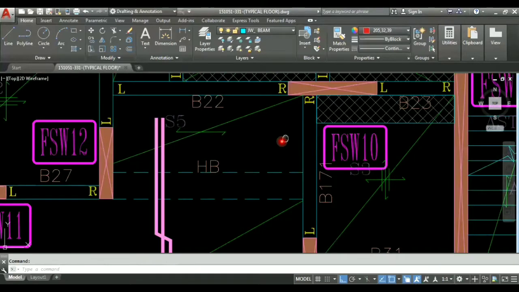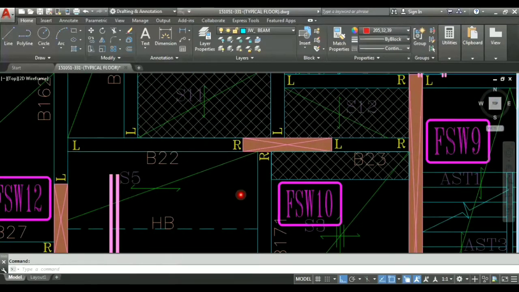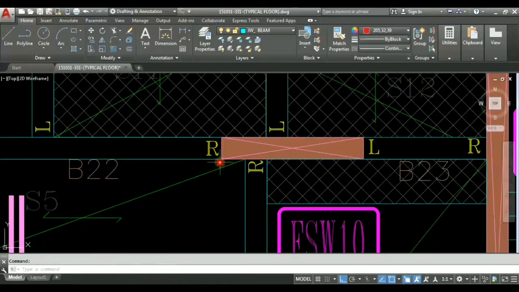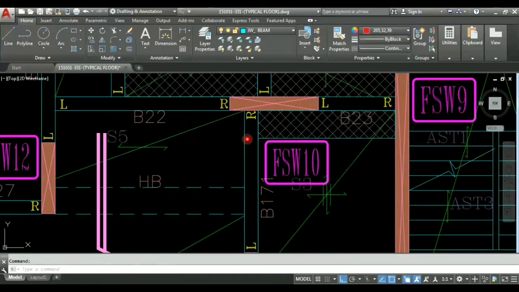Now when we see column number FSW10, we have two edges, one on which beam 22 is resting and the other on which beam 23 is resting. So we can reduce this edge from any of the sides, but we have a limitation: we can't reduce this column from this end after it has been reduced to the size where it will coincide with beam 171.